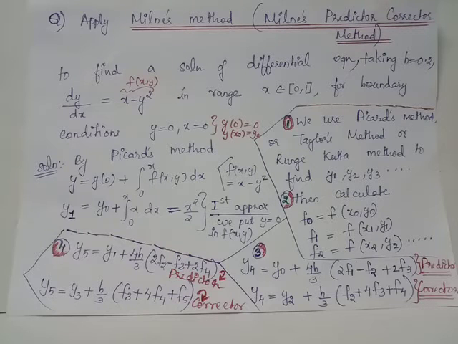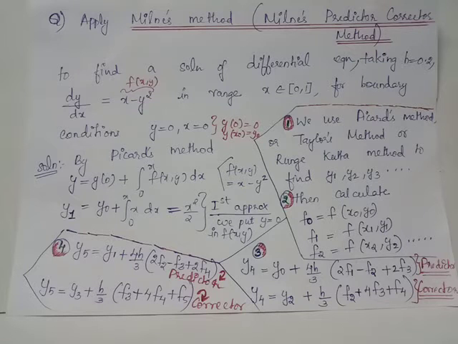Now we have a set of predictor corrector formulas which will help us to predict the value of y4 as well as to correct the value of y4 if any error has occurred while we have predicted the value of y4 using this formula. These two formulas are known as predictor corrector formulas for y4. We have y4 equals y0 plus 4h by 3, 2f1 minus f2 plus 2f3, wherein we will give the particular values of y0, h which is the step size, f1, f2 and f3 which have already been calculated. This will help us to find out the predicted value of y4.